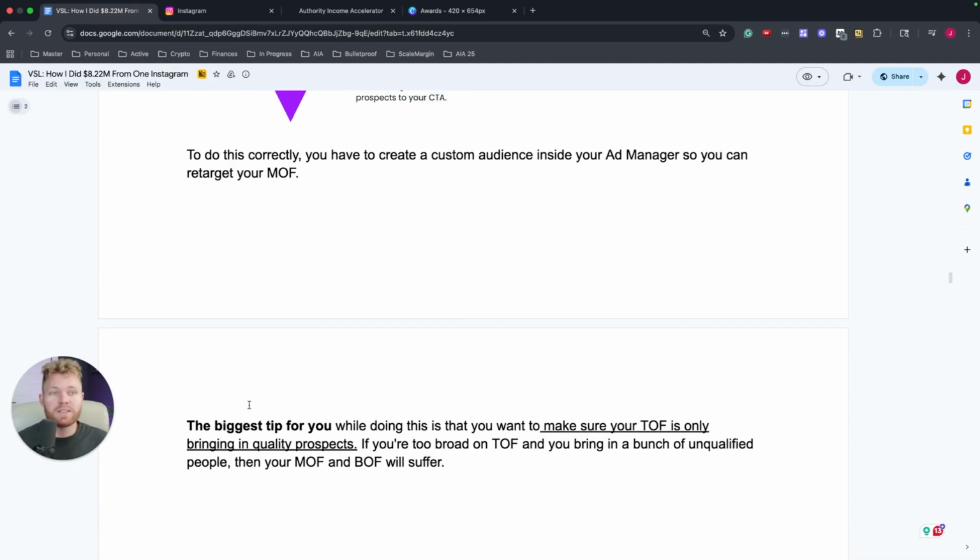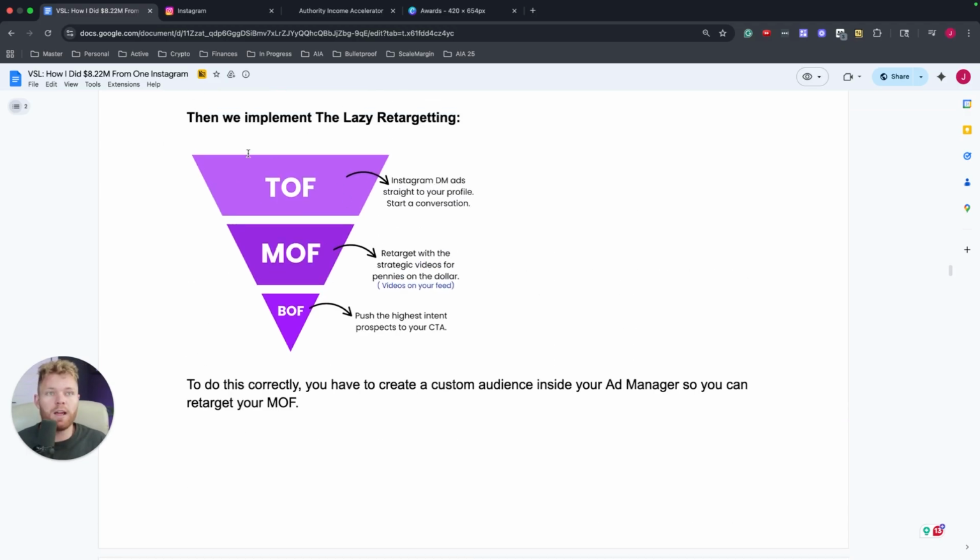My biggest tip for you while you're doing this is that you want to make sure your top of funnel is only bringing in quality prospects. Again, this is the most important part, and where a lot of people mess up. If you get this part wrong, then the rest won't work. And vice versa over here: if in your middle of funnel you're still paying for video views or fake followers or anything like that, I would recommend stopping that right away. Actually, I had a call with one of my clients who was doing that, and it was messing up the rest of everything. So you want to be organic, and it all starts with who you bring in from the top of funnel and who you bring through.